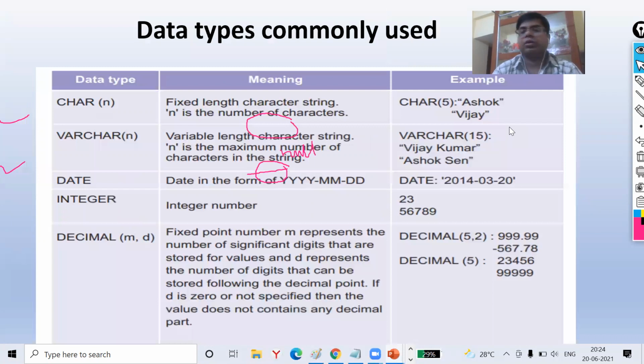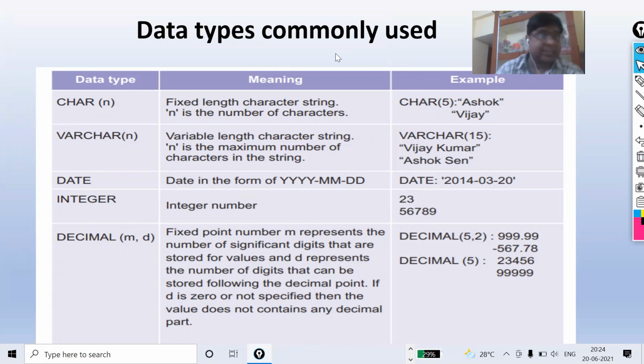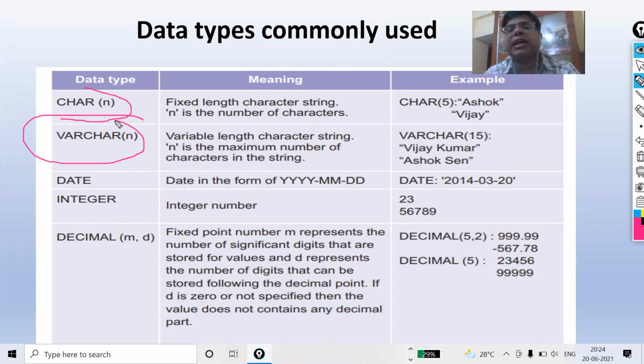Now, the next one is data type. Students, just now I was talking about the data type of the fields. Here already it is given char and varchar. Both are used to store characters. But the difference is, char has fixed length, but varchar has a variable length.